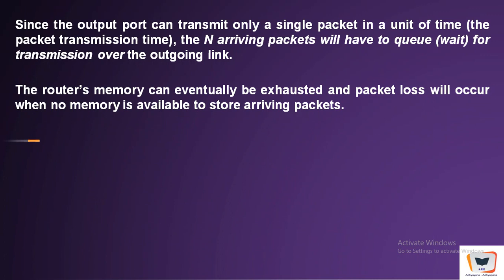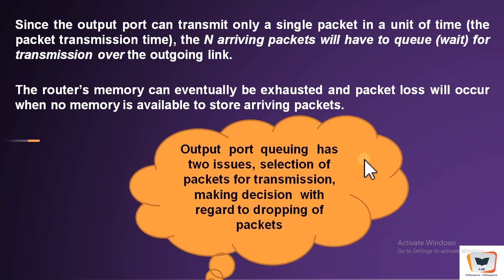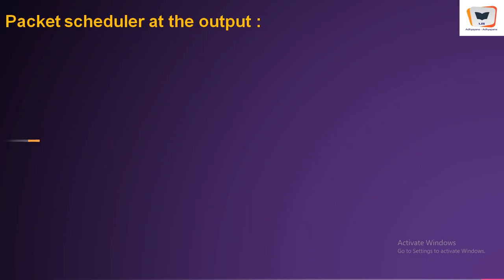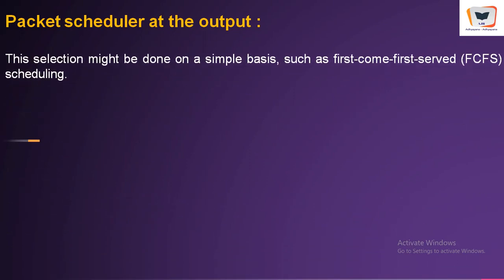There are occasions where this buffer will be exhaustively filled up, so much so that there won't be any space. In that case, packet losses will happen. So a packet will be dropped. If the queue before an output port crosses a threshold limit, the arriving packets will be dropped. So the output port has a responsibility to maintain the queue. It has to make decisions about dropping, and it has to take decisions about selecting packets from the queue for transmission. A packet scheduler algorithm will do the task of